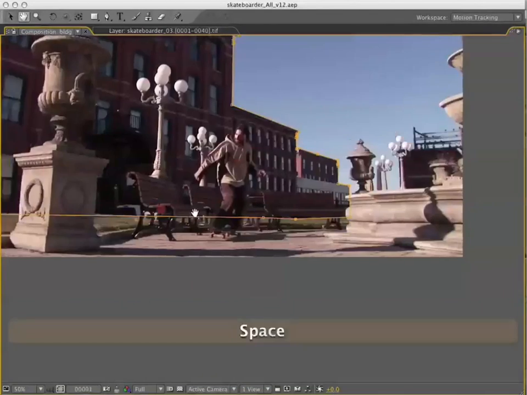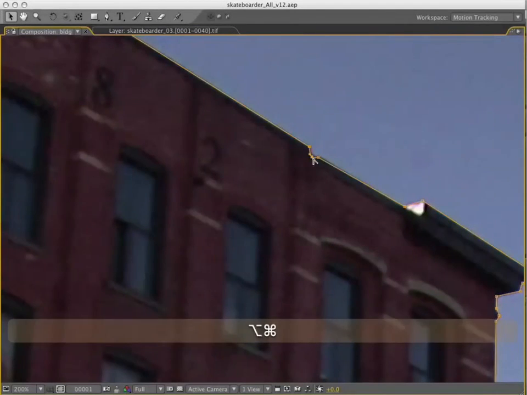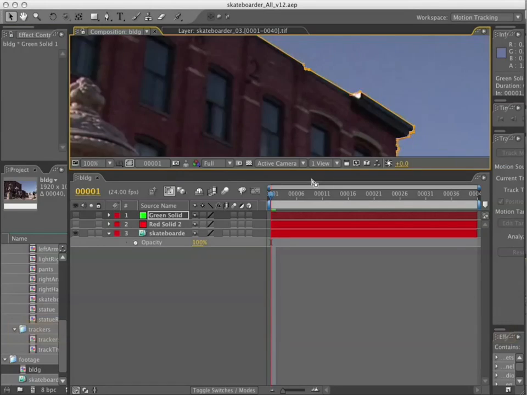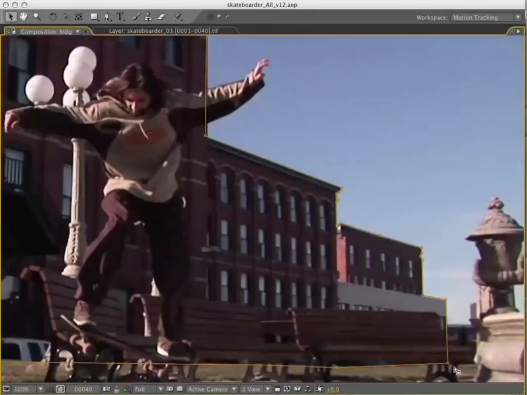And getting down the edge of this grass underneath here. Okay, so that looks pretty good on the first frame. I've got to fill this in here. Now I'm going to hop. I'm going to make sure that I have keyframing on and hop to the last frame, and there's a little bit of an offset here, so I'm going to